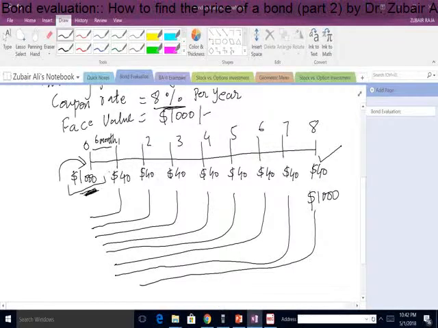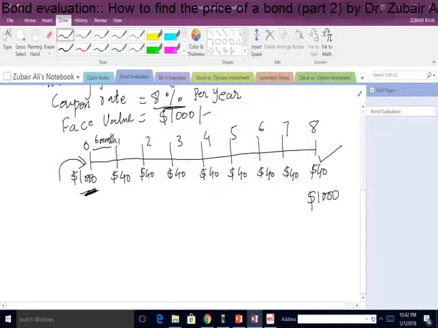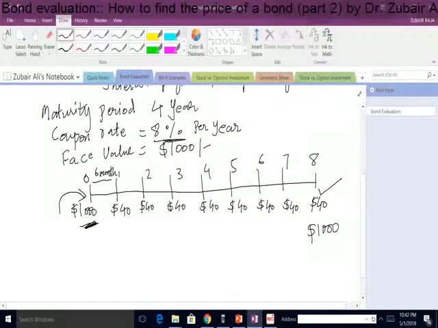So let's make this question a bit more interesting. For example, this person who invested in this 4-year bond is the first investor. So the company issued the 4-year bond. Total maturity of the bond is 4 years, and the first investor simply invested in this bond and gave $1,000 to the company. Now after a year,